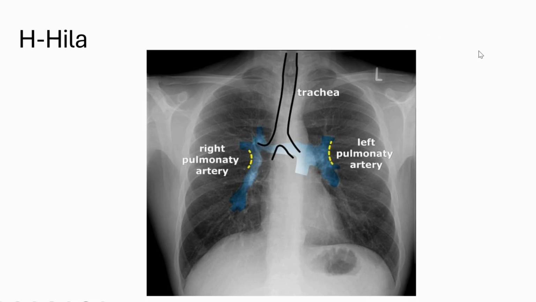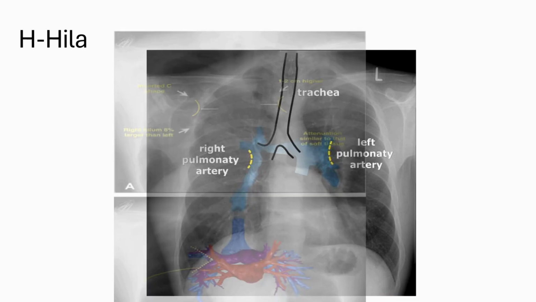Now, hilum. So, what is called hilum? Hilum is the area which is formed by the bronchus, pulmonary vessels, veins and lymph nodes. These vessels entering into the lung, forming the root of lung, is called the hilum. Left hilum is slightly above the right hilum, by 1.5 centimeter, because of the left pulmonary artery entering into the lung parenchyma just above the left mid bronchus. So this appears 1.5 centimeter above the right side, and it is inverted C shape.